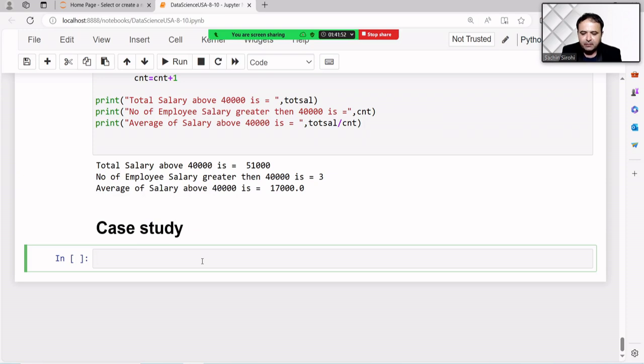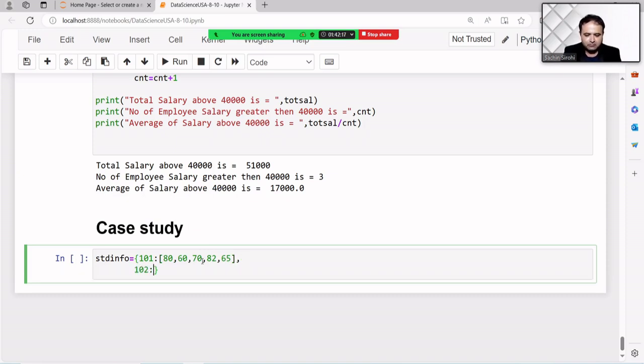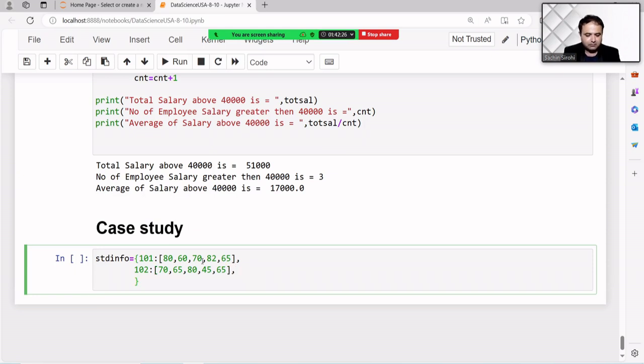So firstly, I want to create the dictionary. I want to store all the student marks by roll number, or you can give the name also for better clarification.